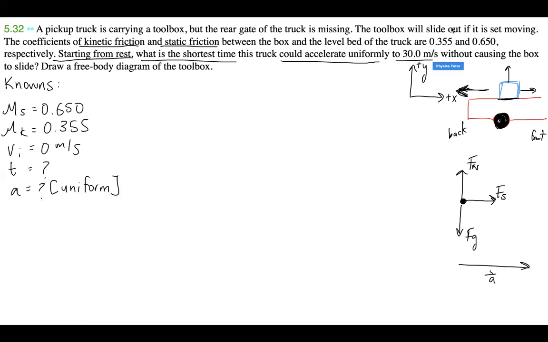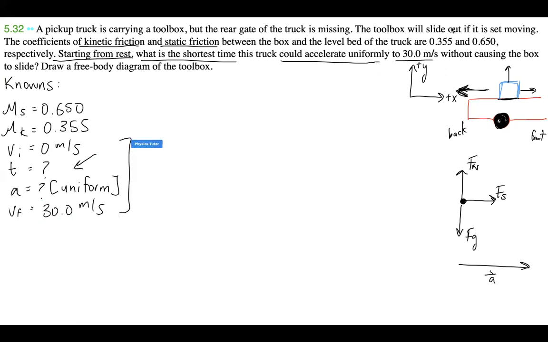And the final speed is 30.0 meters per second. Okay. So because we don't want the box to slide, as we already established, there's going to be a force of static friction. And if we are looking for this value right over here,